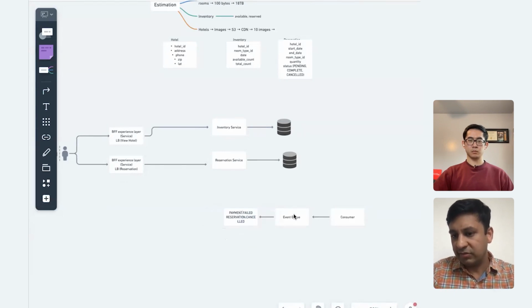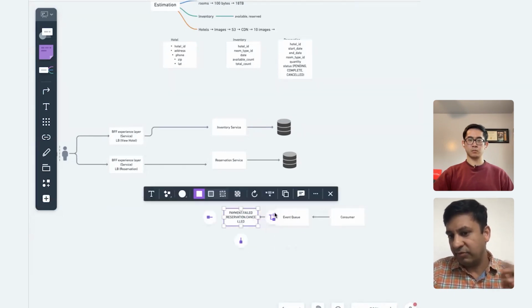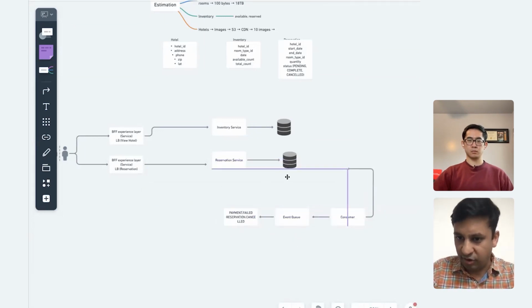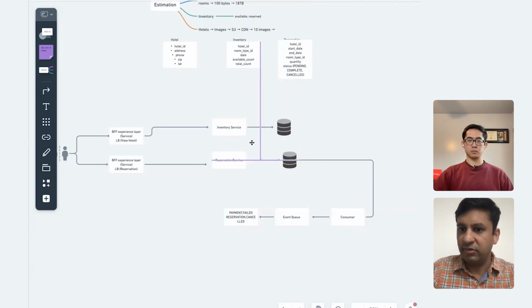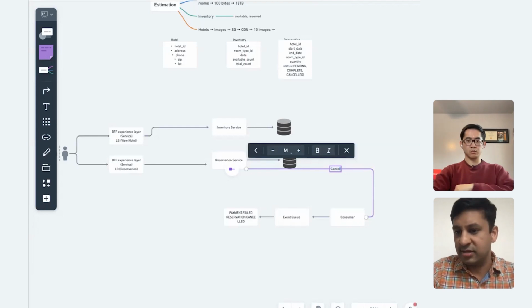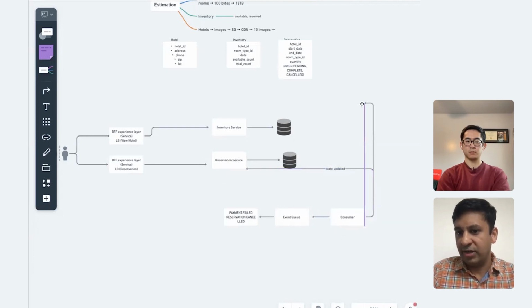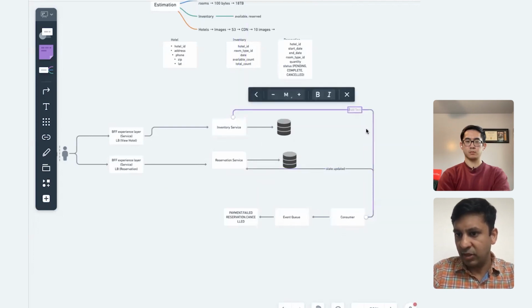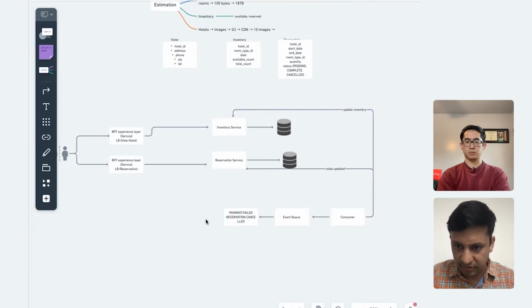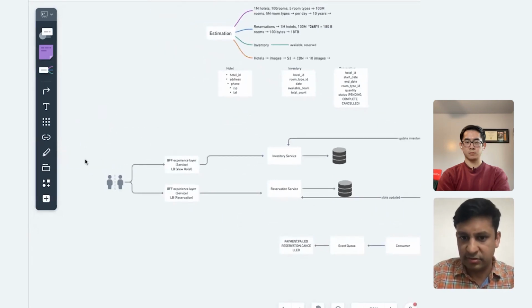So in all those use cases, as soon as those events happen, I'm going to consume it, then I'm going to make the appropriate service calls to the reservation service, to make sure that it is canceled or the state is updated. And I'm going to make a call to the inventory service also to update the inventory. So I can go a little bit into inventory service, but let me first